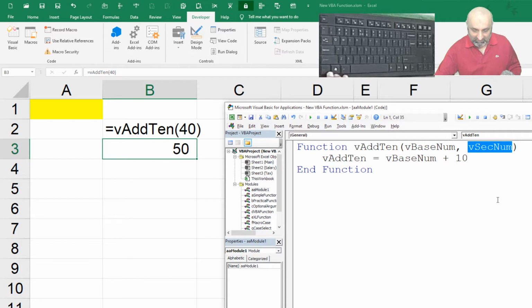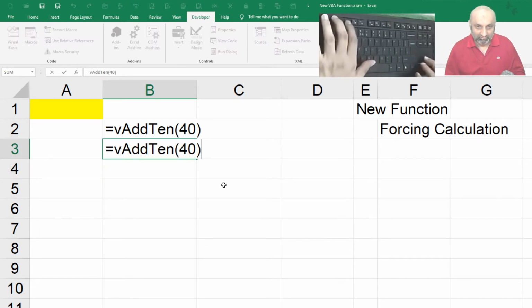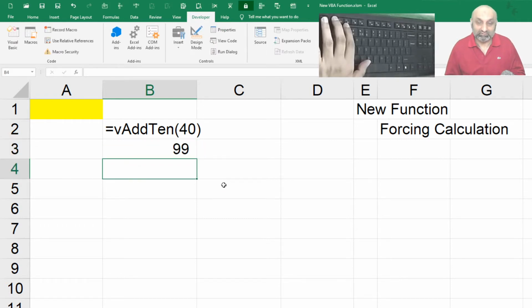Copy this. Instead of adding 10, let's say add 10 is equal to vbase num plus vsec num. So these are the two variables. I am going to say 40 comma 59. Enter. The answer is 99.